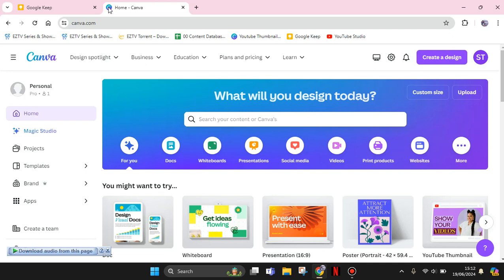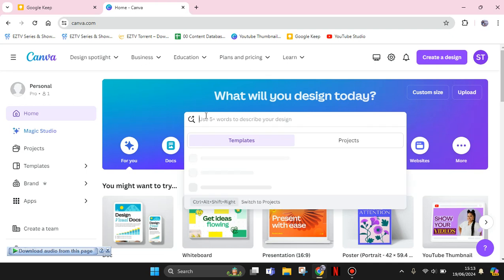On today's tutorial, I'm going to show you how you can easily create a landscape poster using your Canva. So here I've already opened my Canva and I don't want to create it from scratch. So I'm going to just use a template in Canva and I'm going to first find it by typing the keyword landscape poster